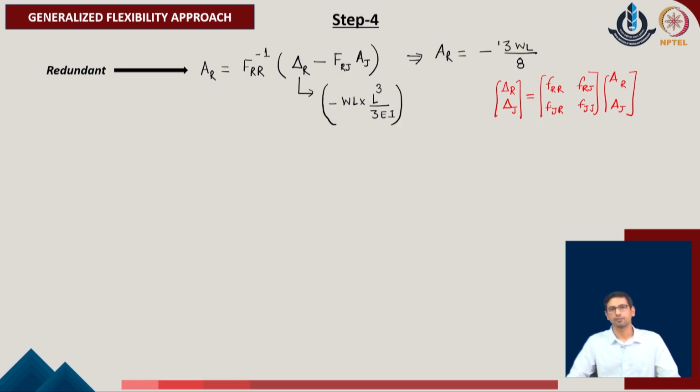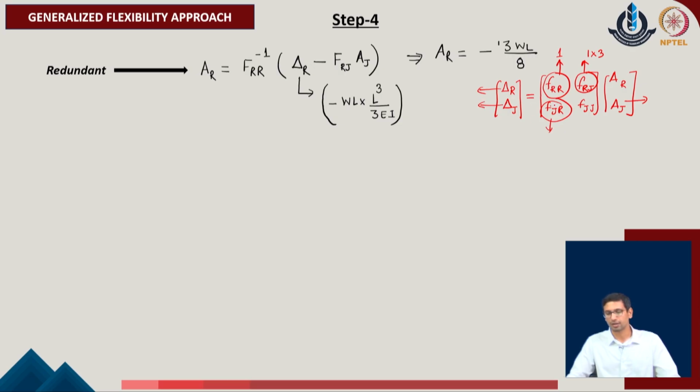Now, what we understand is that in the given system we have F of RR, which corresponds to the restraint system, so this will only have one coefficient. F of RJ is connecting the restraint value with respect to the joint deformations or the joint forces of the given system. So it will have 1 row and 3 columns, a size of 1 cross 3. Similarly, F of JR will contribute the component of delta J, which has 3 values,